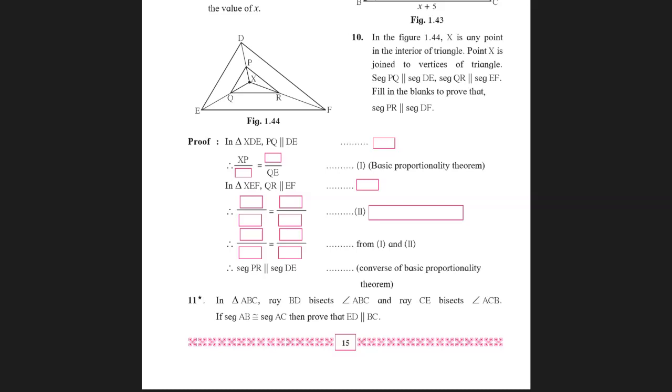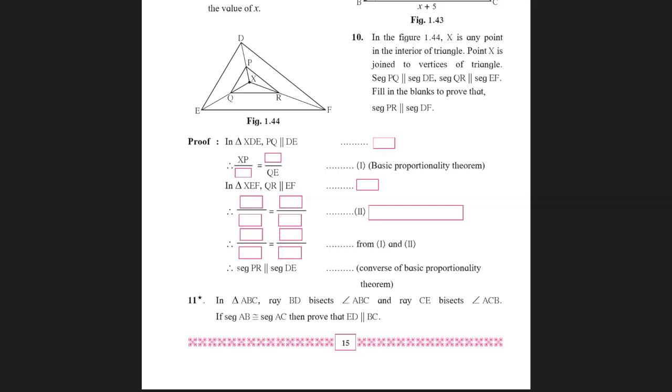Children, I hope it's clear. Okay. Go through it once again. The ones who are not following it means you haven't learned, you haven't revised BPT, converse, you haven't done the theory part. So go behind, revise all the theorems once again and then come and do the exercises. That will be very clear. Okay.